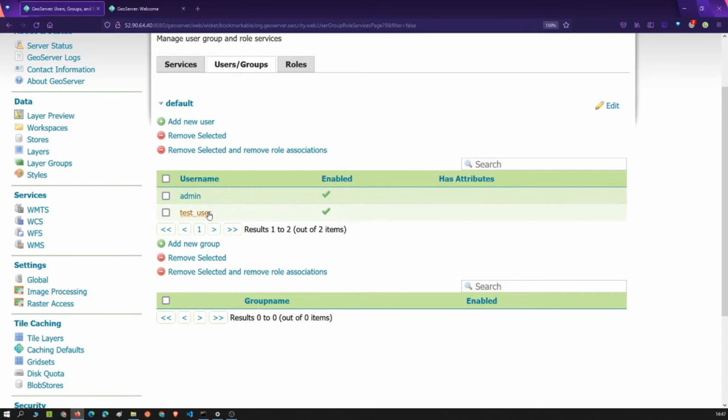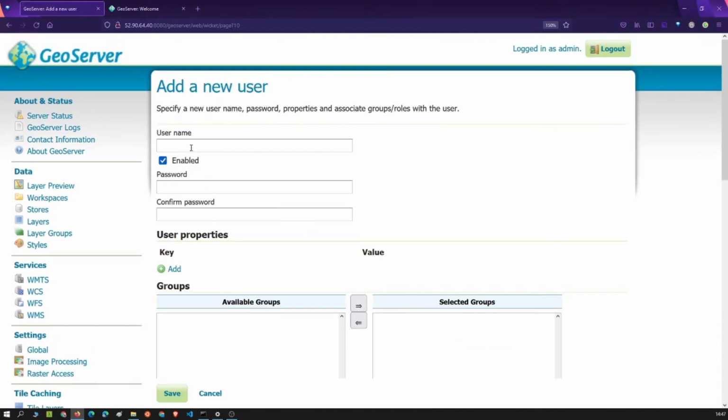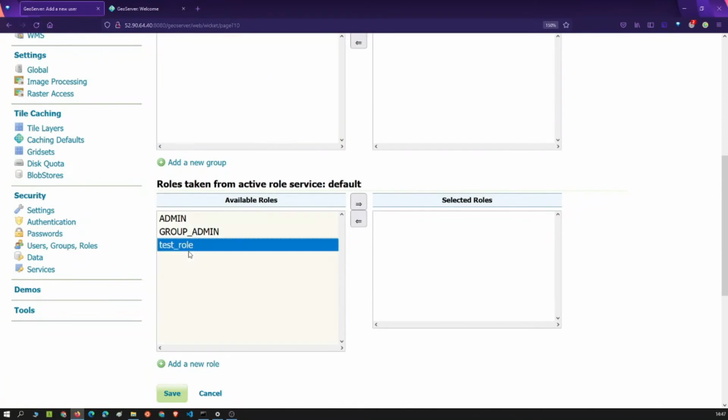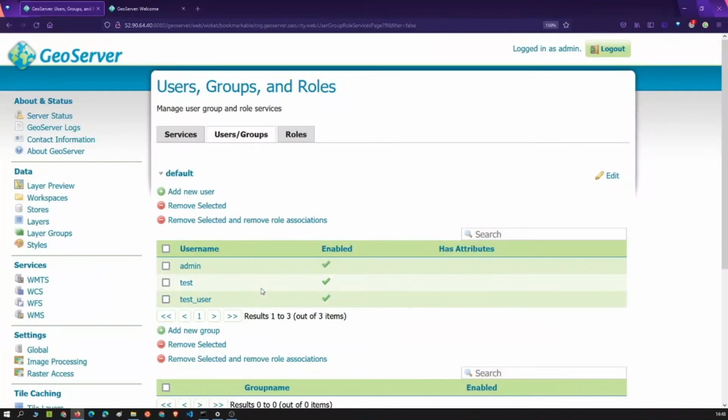I've already created test user, but let us create a new user, test user, and keep the password. Then, this is important, just assign the newly made role to that user, then save things.